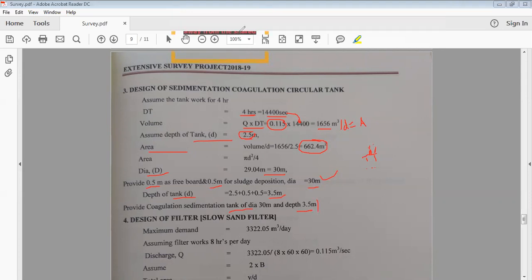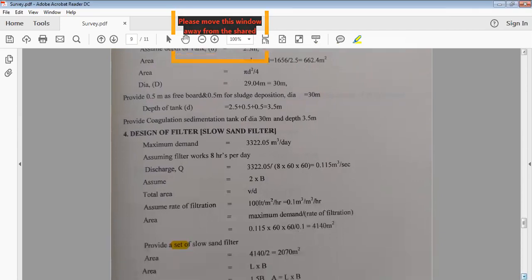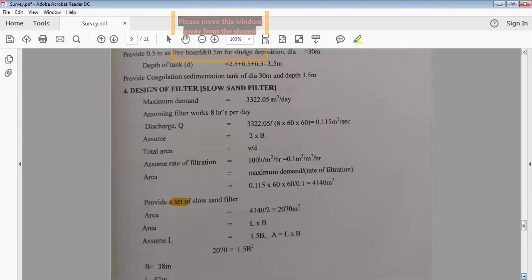That is over. Next is your filtration tank: slow sand filter, rapid sand filter. I think you know that. We are adopting slow sand filters here, because it is very good at giving biological treatment compared to rapid sand filter, and it is for a village, a very small village we are designing. So the rate of filtration of this water is not important for this.